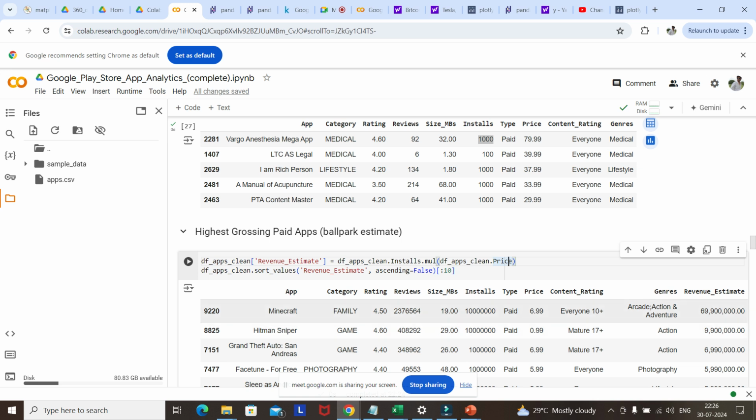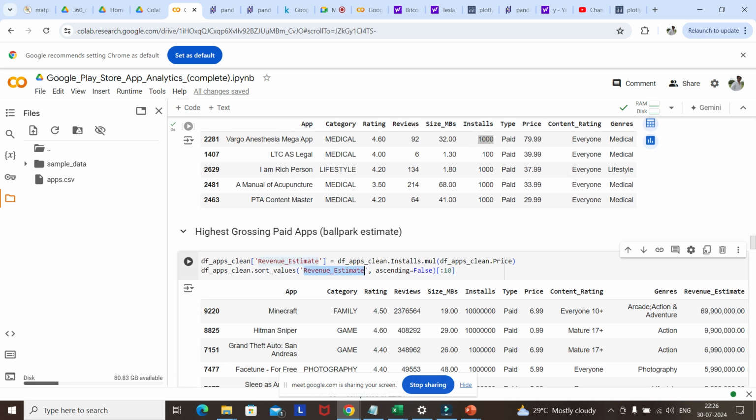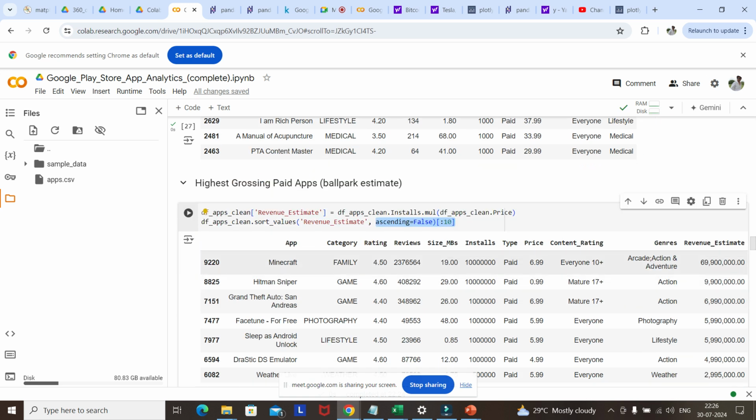And the same now after that, what we did, we are doing the sorting, again sorting using revenue estimate column here. So here what we did, we have sorted using price column. Here we are sorting using revenue estimate column, and it's like ascending. So because we have kept ascending equal to false, it will be in descending order. So highest revenue, which app we have? It's like Minecraft is the app it seems, which is having highest revenue estimate